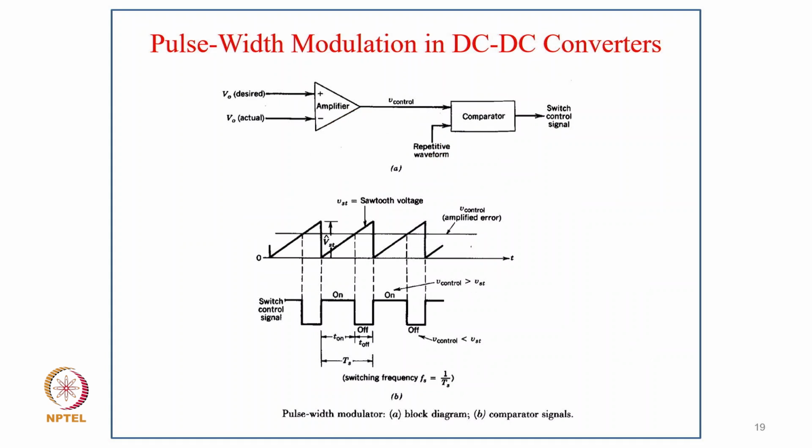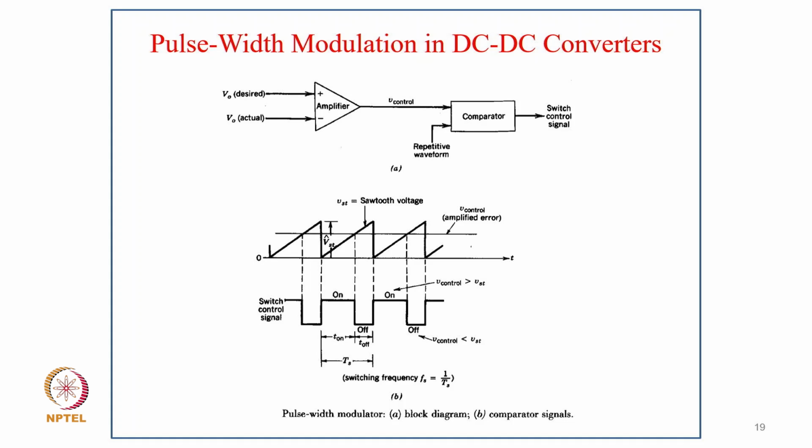And of course, the control here we call the amplifier or error amplifier, which normally may be a PID controller, so that the steady state error is 0. So we have a reference voltage which we really want, and then we have a feedback voltage with proper isolation, and we amplify the error with a proper amplifier like a PID controller for reducing the steady state error to 0 under steady state condition. Then the control signal is compared with the repetitive waveform like a sawtooth waveform, and then we get a control signal to the switch, and as you can see below,